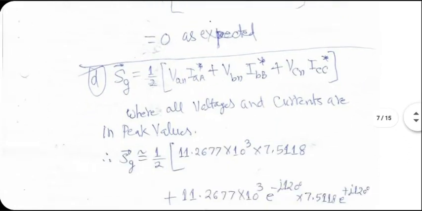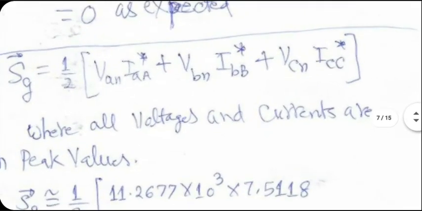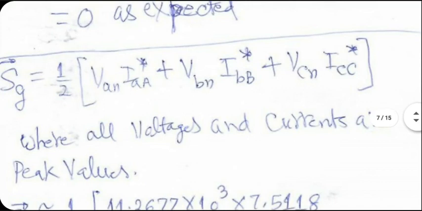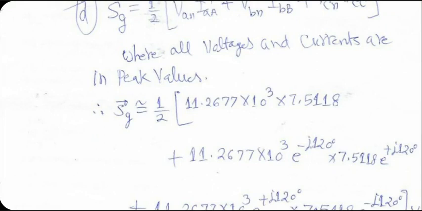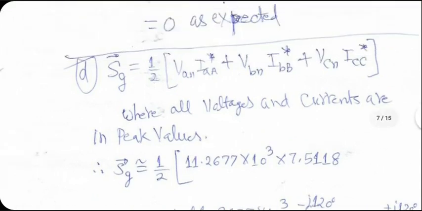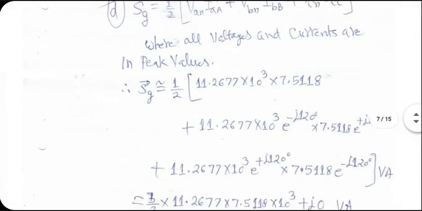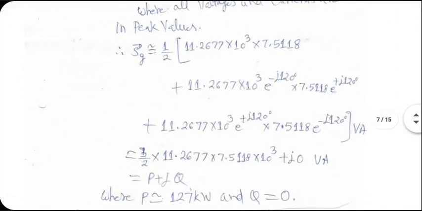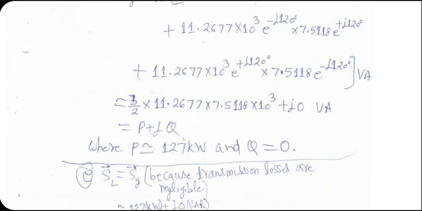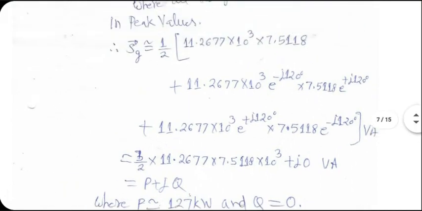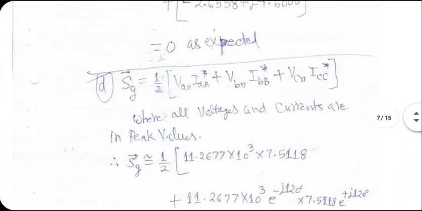Now, on the generator side, the complex power is this: VAN IAA complex conjugate plus VBN IBB complex conjugate plus VCN ICC complex conjugate. Okay. So in any case, it's a balanced system. So I could have done only one calculation and multiplied the result by 3, but I have not done that. Instead, I have become a little more rigorous. But at the end, I get simply a multiplication factor of 3. Because phases cancel each other in the other terms because of the complex conjugate operation in current.